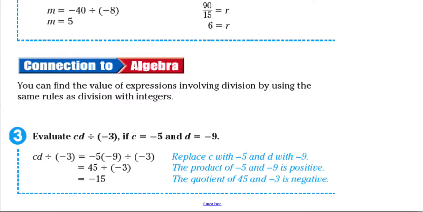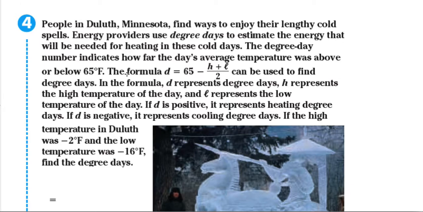And let's do the last example, obviously a word problem. People in Duluth, Minnesota find ways to enjoy their lengthy cold spells. Energy providers use degree days to estimate the energy that will be needed for heating in these cold days. The degree day number indicates how far the day's average temperature was above or below 65 degrees Fahrenheit. So they use this formula, D equals 65 minus (H plus L) all over 2, to find the degree days. In the formula, D represents degree days, H represents the high temperature of the day, L represents the